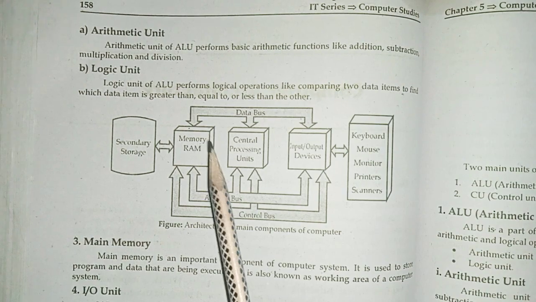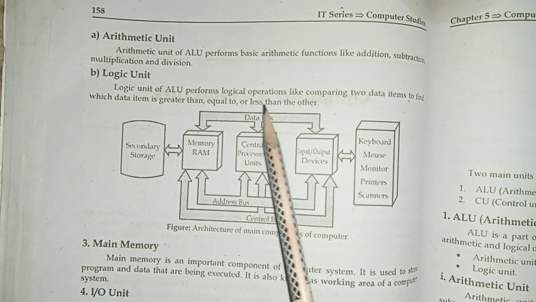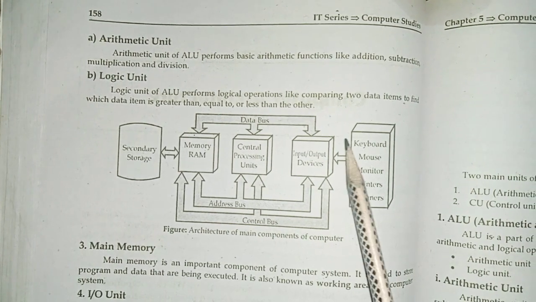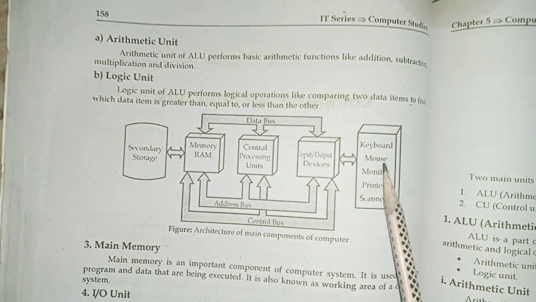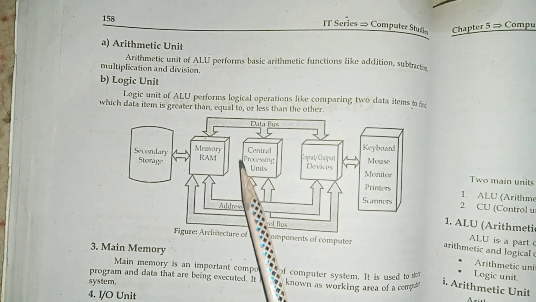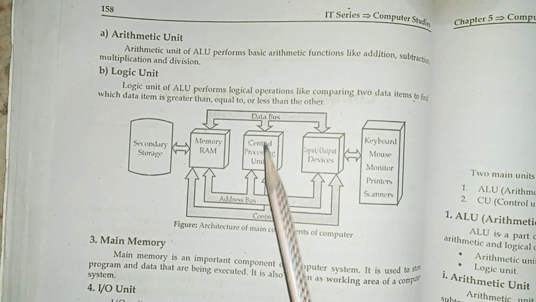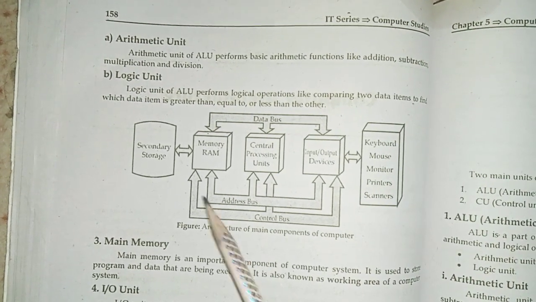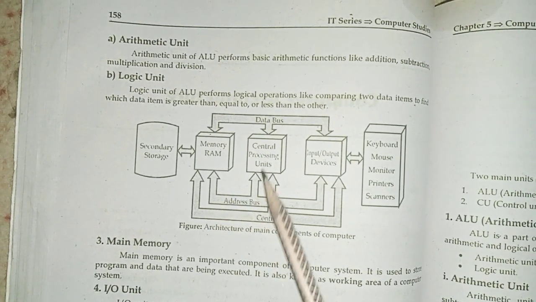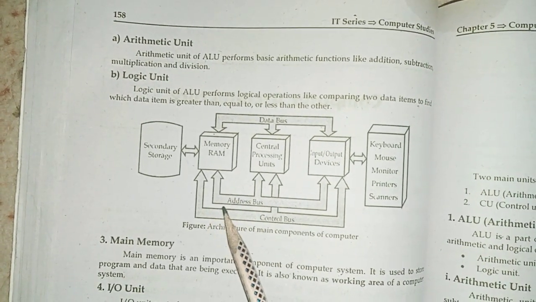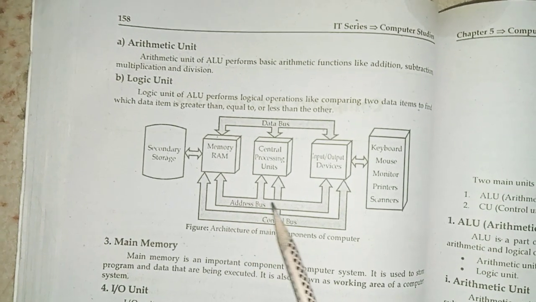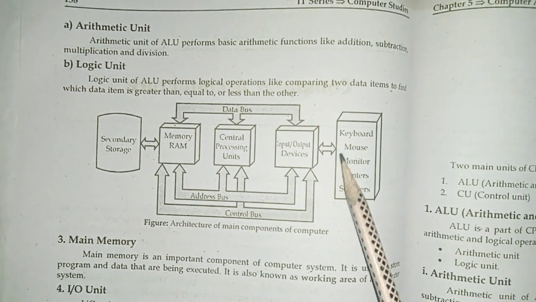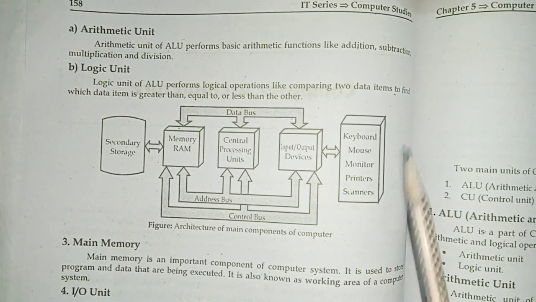The secondary storage and the memory RAM are joined by the data bus, and there is also the control bus which joins the memory RAM to the input and output devices. And in the center is the central processing unit, the CPU, which is connected by the address bus. The memory RAM and the processing unit are connected to another address bus, and both address buses are connected to the other processors. And in this way, the keyboard, mouse, monitor and printers are the